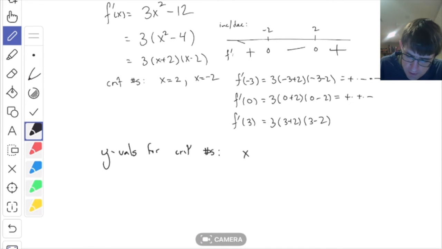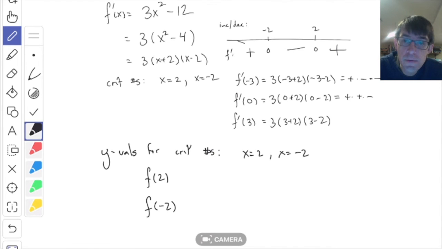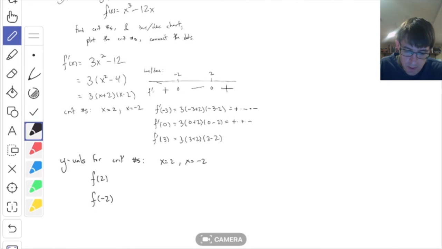They are, of course, x equals 2 and x equals minus 2, right? I want their y values. To find the y values, you plug them into the original function, y equals f of x. So I'm going to do f of 2 and f of minus 2. You got to keep it straight, and it can be confusing in a problem like this. Keep it straight what you're going to plug this into. Not the derivative, but plug into the original function here, because I want the y values. And the original function, if you recall, is x cubed